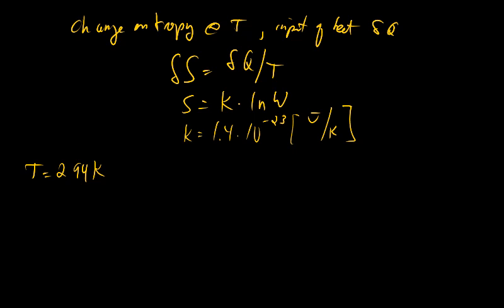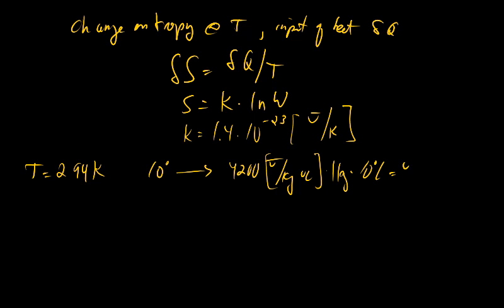If I warm it up by 10 degrees, I can figure out how many joules that will take from the specific heat, 4,200 joules per kilogram degrees Celsius, times, let's say it's a glass of 1 liter, so 1 kilogram, and then we have the 10 degrees Celsius. This gives me about 42,000 joules. The change in entropy, delta S, would then be equal to this 42,000 joules over 294 Kelvin, about